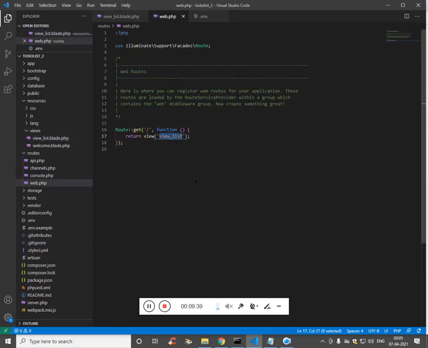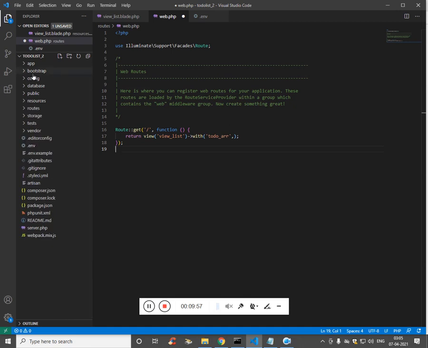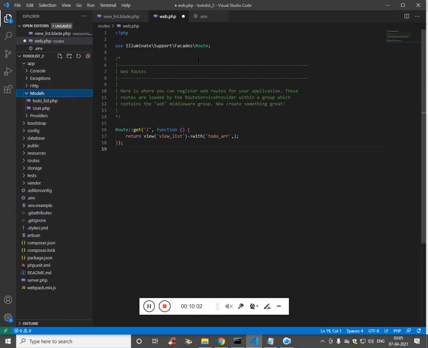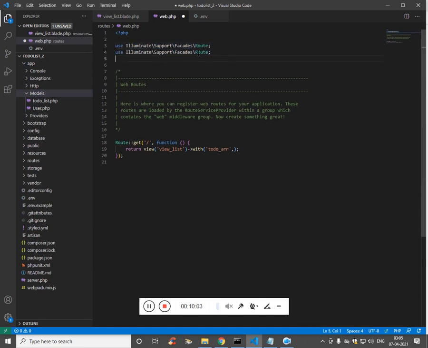For that, in web.php, we are going to pass an array, and this array name is going to be to_do_array, and this array will hold the values. Since the model we have created is available in app models, here it is. So let's use it.